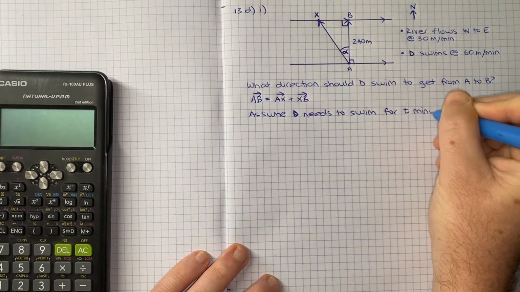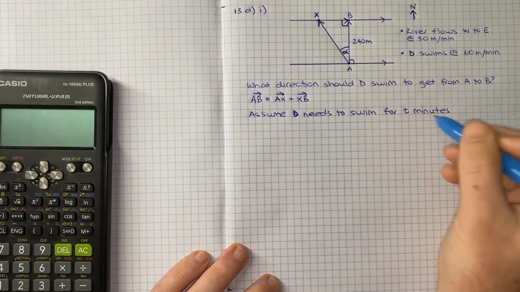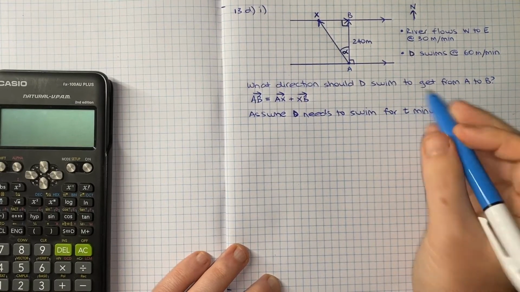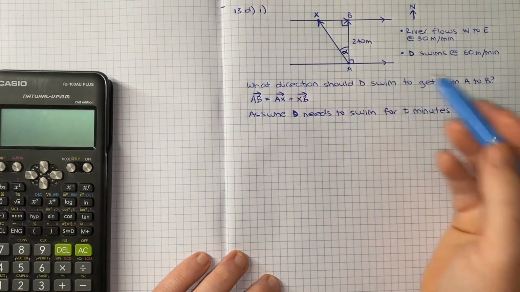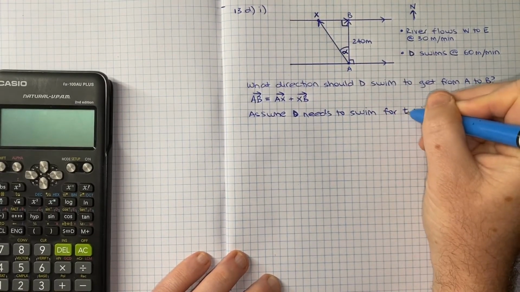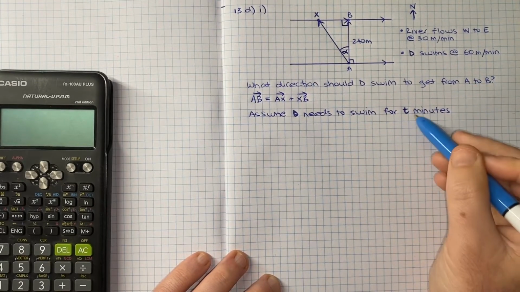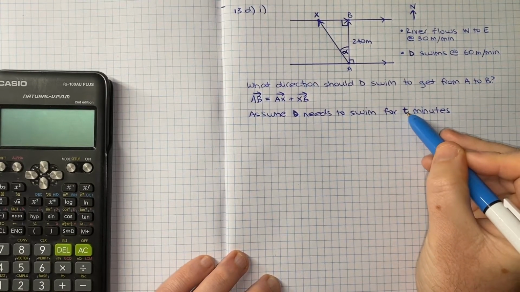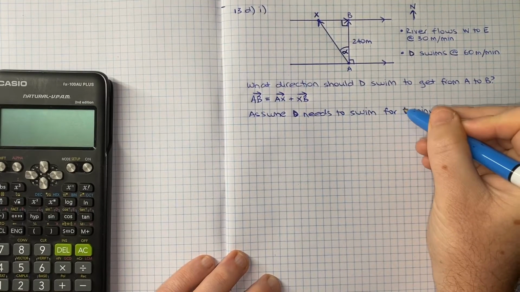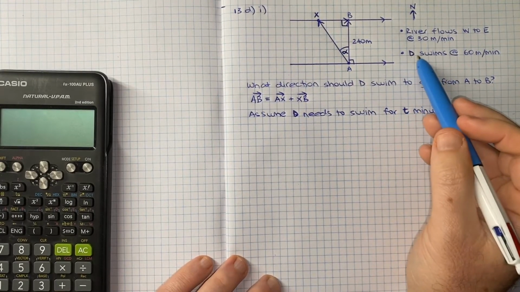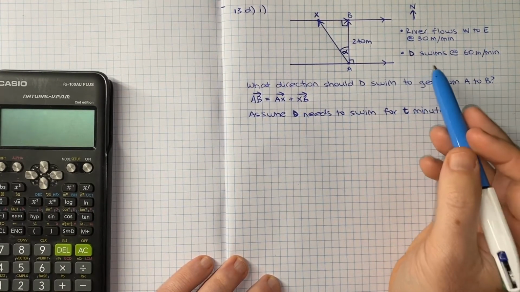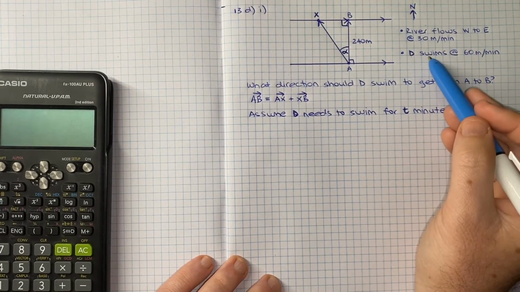Now, we don't necessarily know how many minutes T is, and it almost won't matter. As we'll see when we do our working, it really won't matter what that T happens to be. But it's useful to just define it so that we can start to think of our speed as being